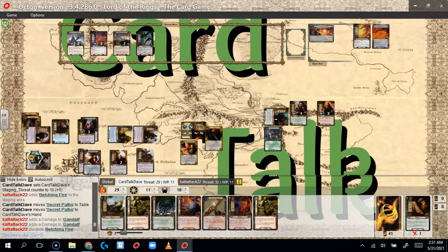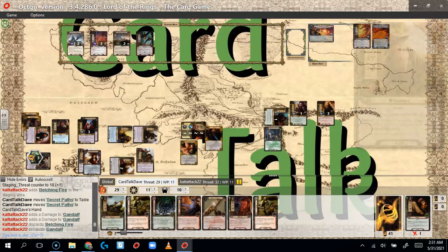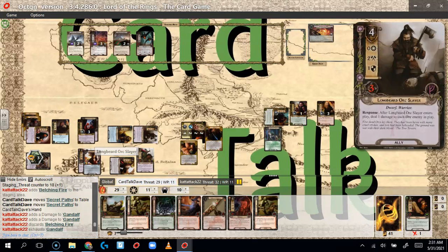Maybe not. I don't know. Unless we just want to try to advance, and so we do have Thorin with 7 attack now. Right, we do have some stuff, and you're the first player, so you'll be able to swing. Oh no, Gandalf is exhausted. Yeah. I do have another copy of Gandalf in my hand. Okay. Well,